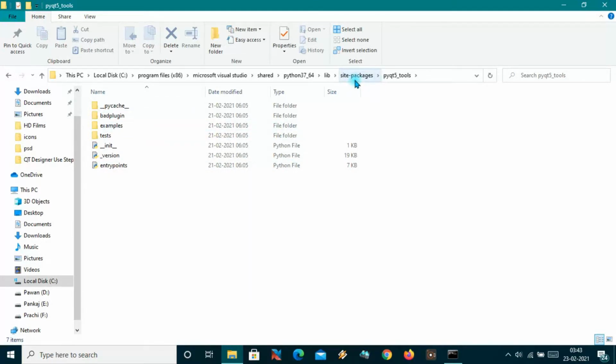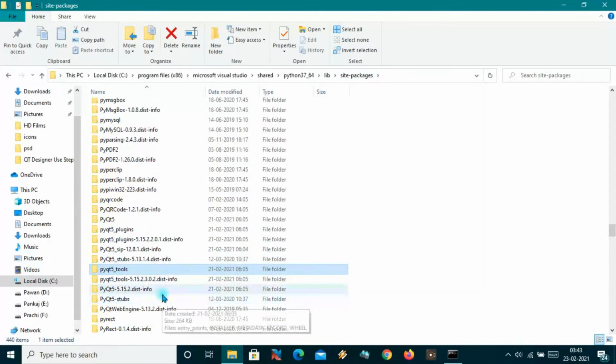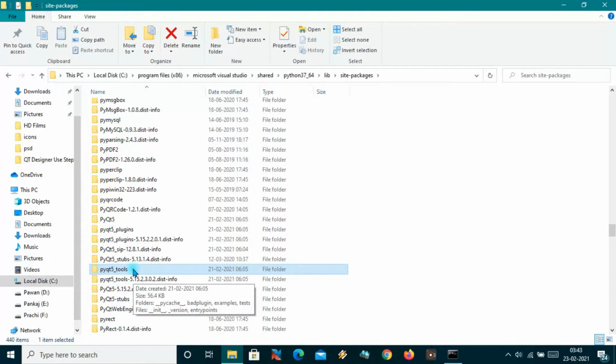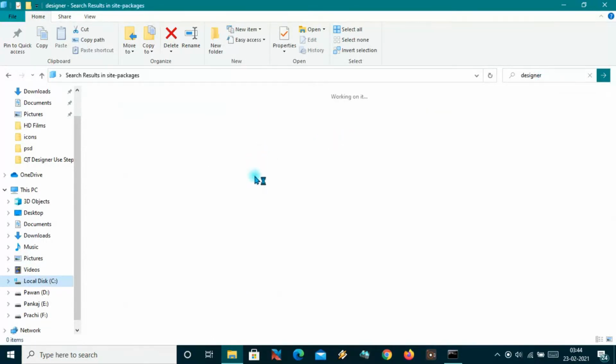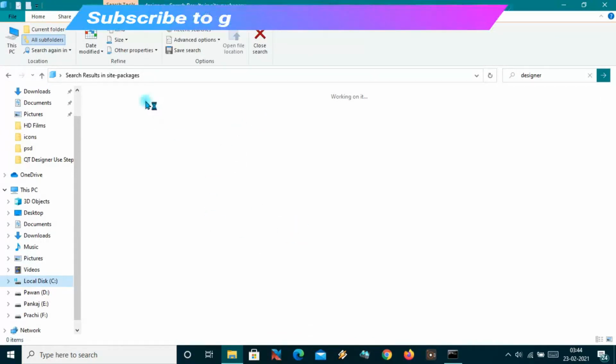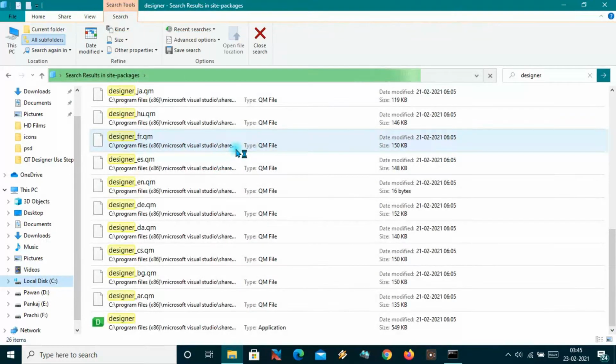Suppose you are working on an old PyQt5, then you must find it under this. You don't have to search for that in any of the folders. Just come out here and type designer, and it will search for Qt Designer in all the folders under site-packages. So let me search, and here it came, designer.